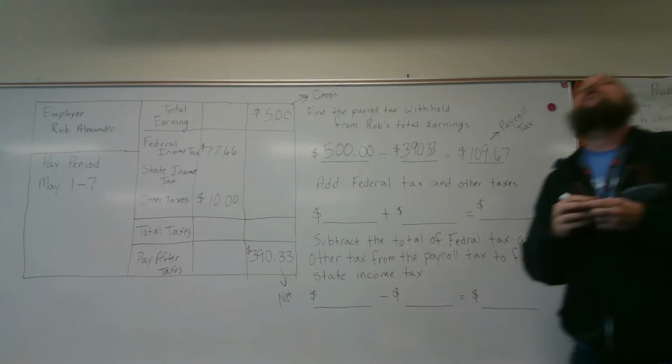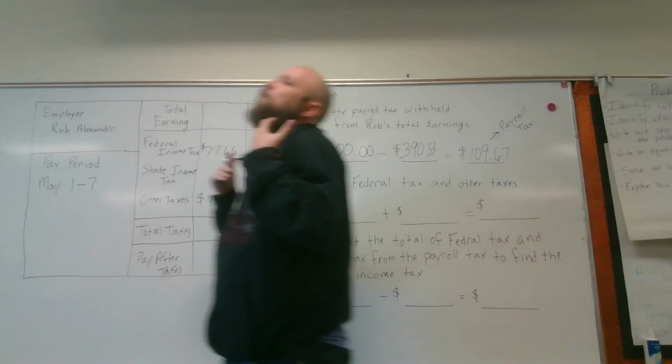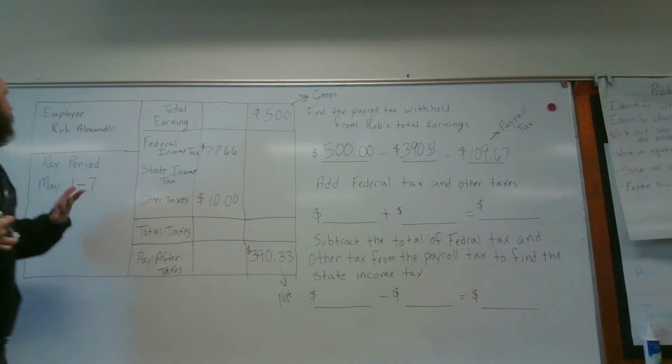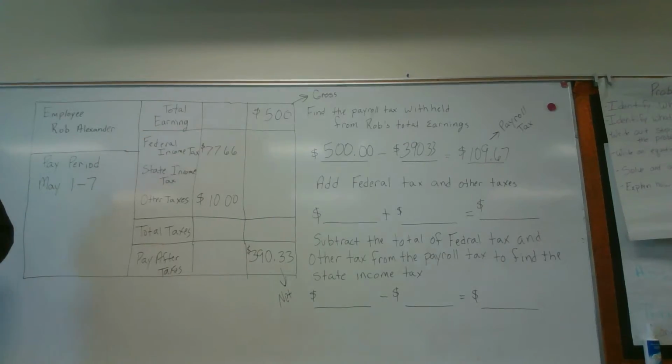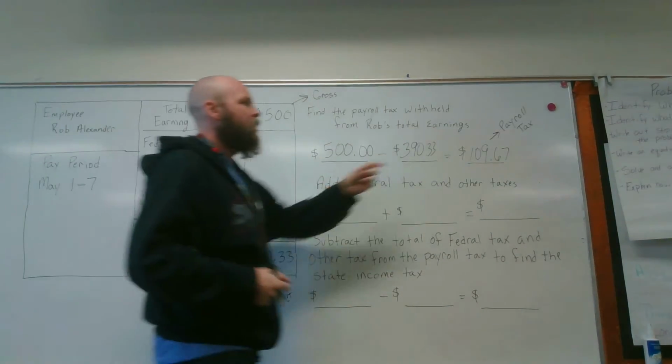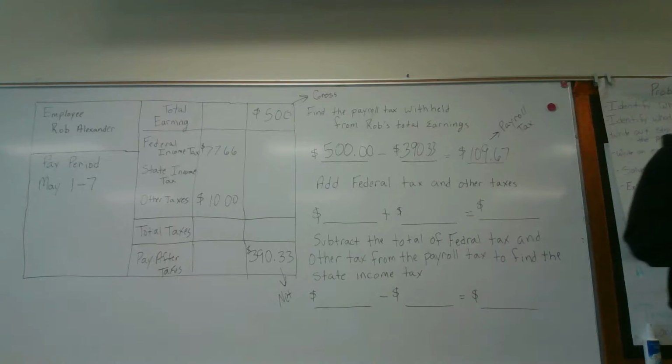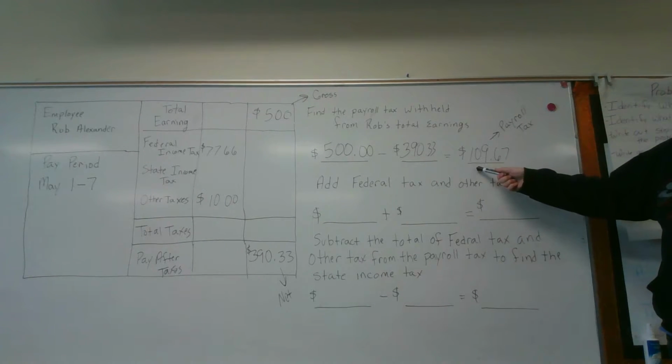That is the total amount of money taken out of Rob Alexander's paycheck. The total amount of money, also known as the payroll tax, that my friend David told me, is